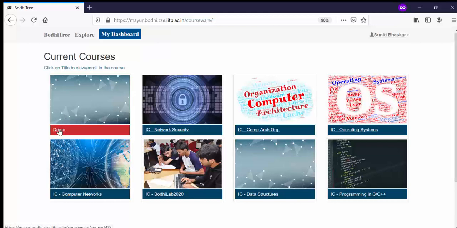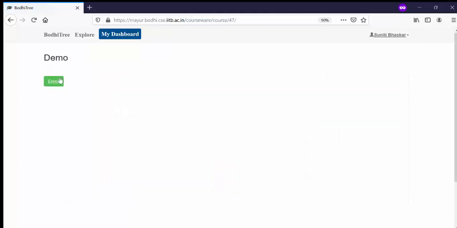When the person clicks on demo, there is an enroll button. So the student can enroll in your course like this. But if you see here, it is saying this is a moderated course, your approval is pending. Please contact the instructor for approval. This is because when you added this course, the setting was moderated. It is not an open course. So when students enroll like this,